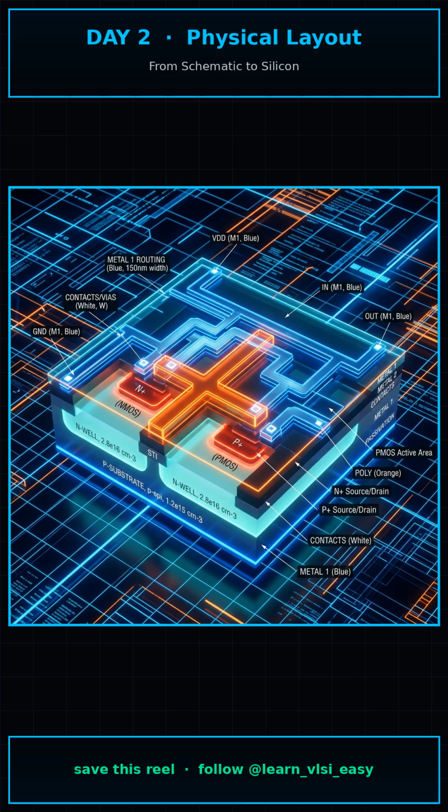Finally, we drop tungsten contacts down to the silicon and use layers of copper routing, like metal 1, to wire the VDD, ground, input, and output together. Creating this layout is bound by hundreds of strict geometric design rules dictated by the limitations of photolithography. Every nanometer of spacing, width, and enclosure is meticulously calculated to ensure the chip can actually be manufactured without short-circuiting.